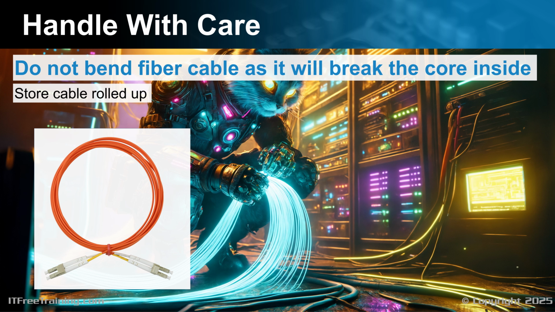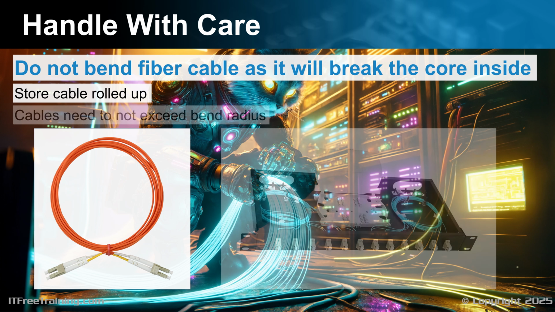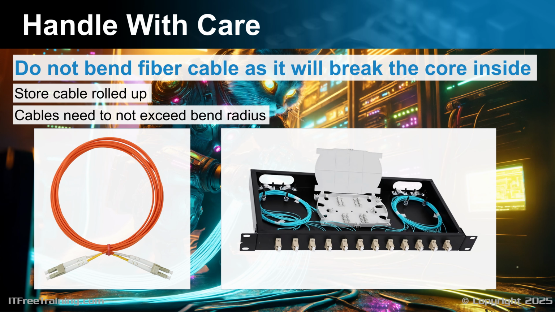In the majority of networking scenarios, it's common to enlist a professional cabler for the installation of fiber cables. These experts ensure that the cabling is installed correctly, adhering to crucial guidelines like not exceeding the bend radius. Fiber termination panels are designed with additional space to safely coil the excess cable, maintaining the integrity of the bends.